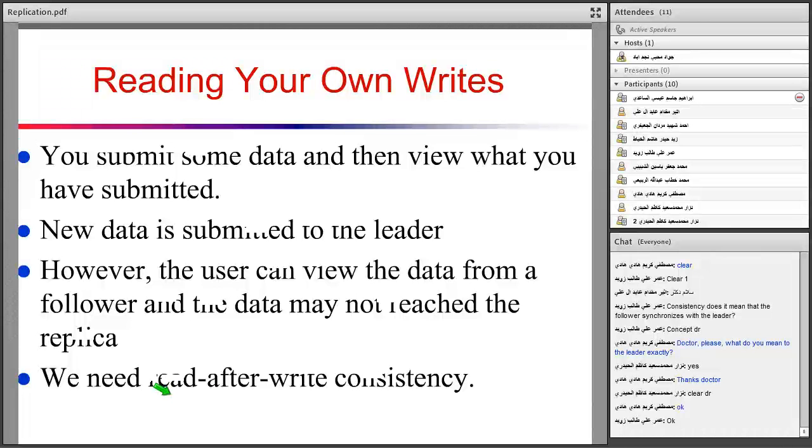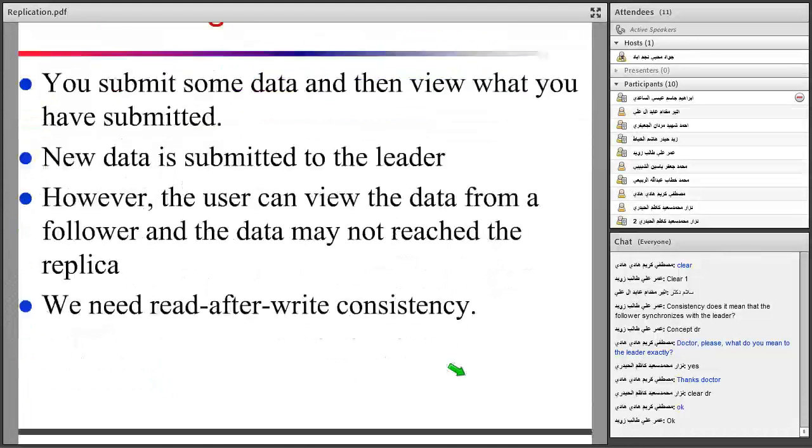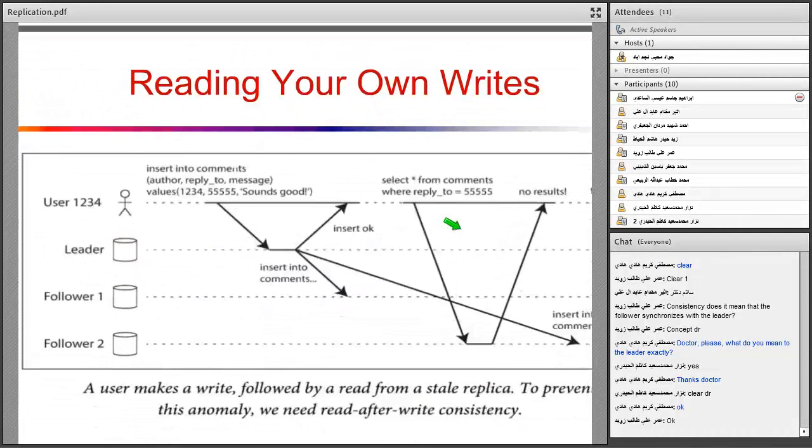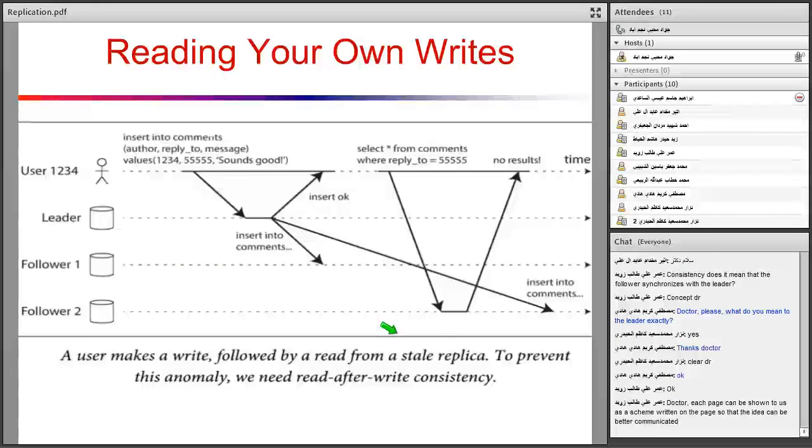Again, we can see this topic in this figure. The user 1234 wants to insert new